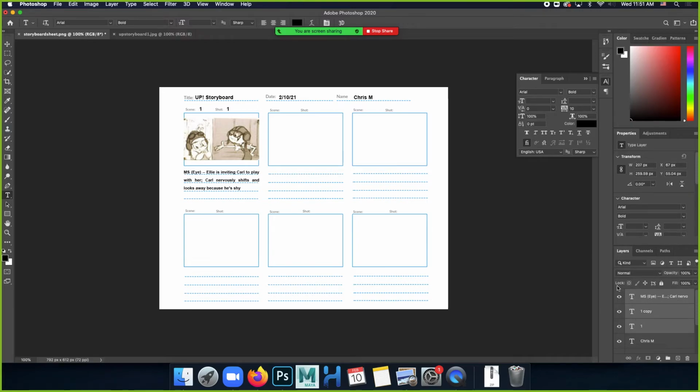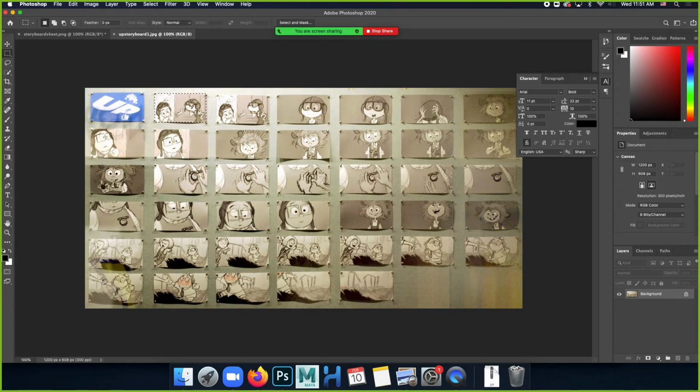So I'm going to grab these 3 layers here. So this is my numbers here, my 1 and my text here. I'm going to grab my move tool. Again, I have this selected. Shift click on these. If they're non-sequential, you'll need to use Control or Command to select non-sequential layers. And then I'm going to just hold Alt and Shift like I did earlier. I'm going to drag the 3 of these over, and we'll align them with my next shot. Okay, cool. And so now I just need to update